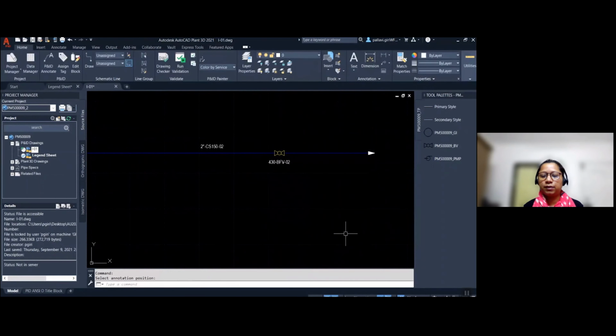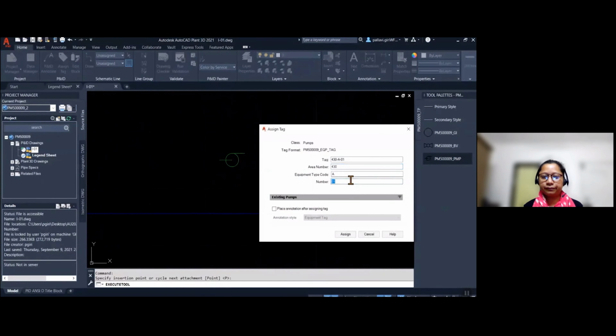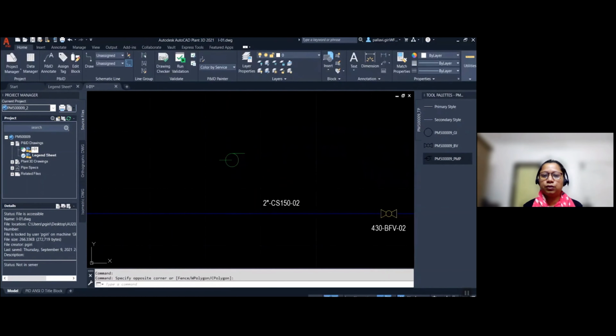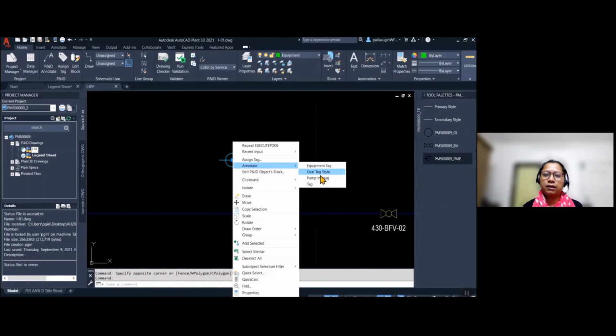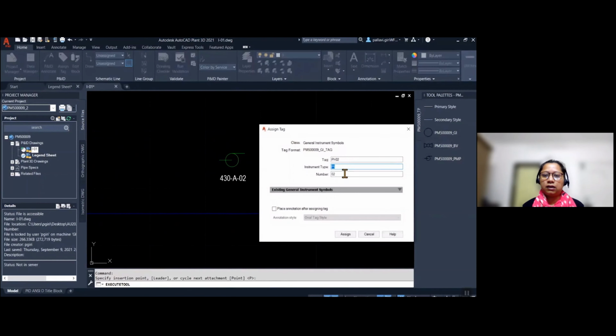I'm keeping the area number and wall type as they are, no change. And the third one is the equipment, and the number will be 02. Same as wall, no change in area number and type. Okay. So it is placed with the annotation, and our general instrument with the number 03.